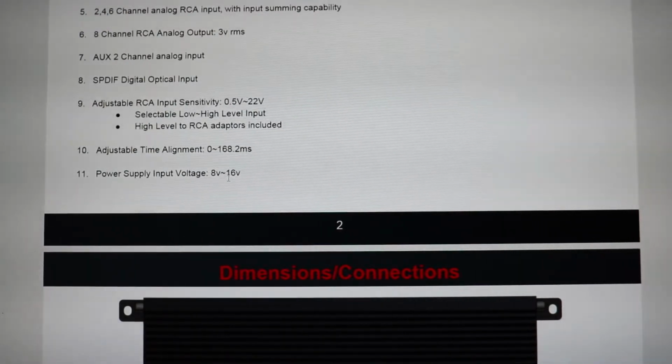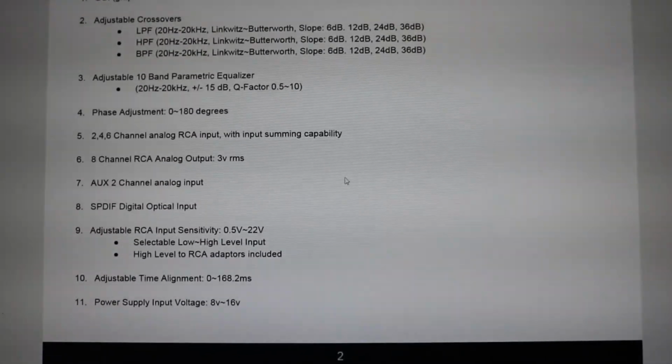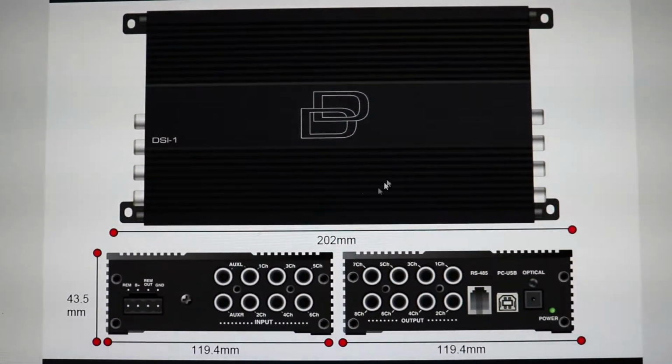So any high volt guys that are running 16 plus volts, this definitely wouldn't be the one for you without using a step down. So going on here, I'm going to run through some of this stuff as well. You can see here's the front of the unit as you get it. It is about, there you go, 202 millimeters by 119.4 by 43.5, which means it's